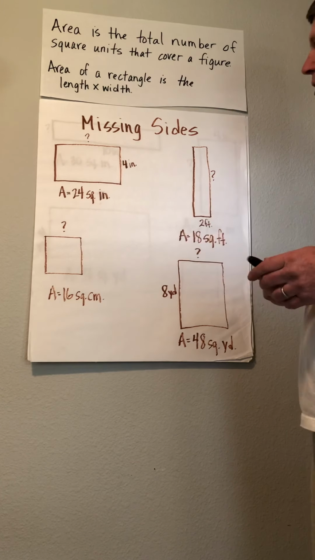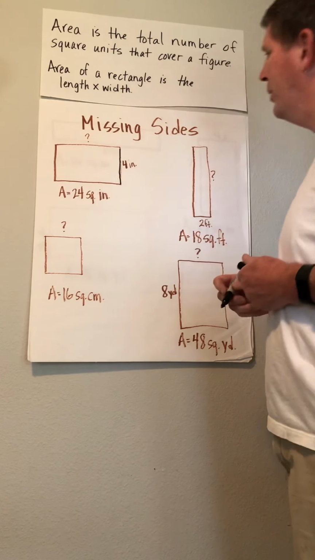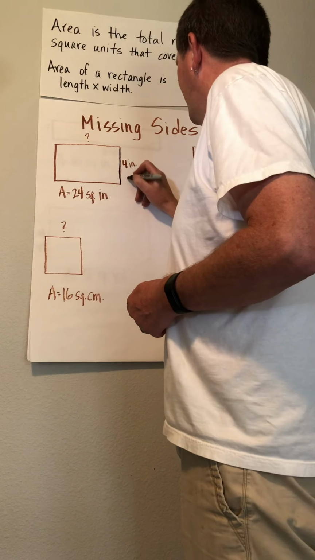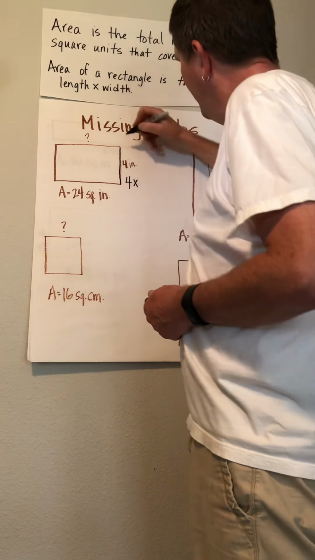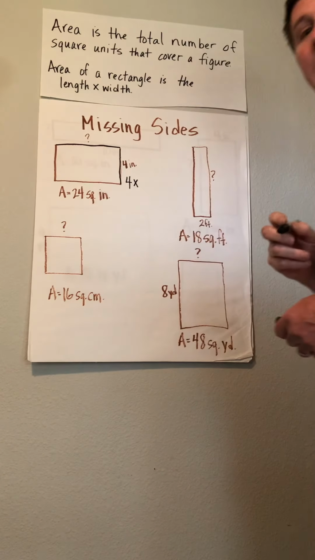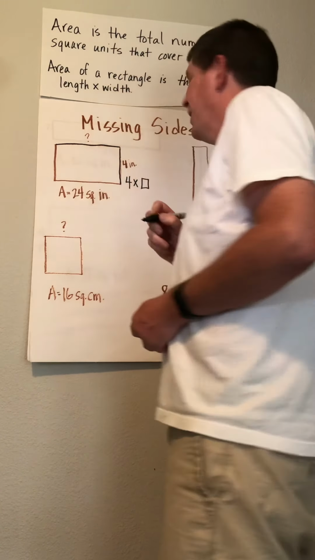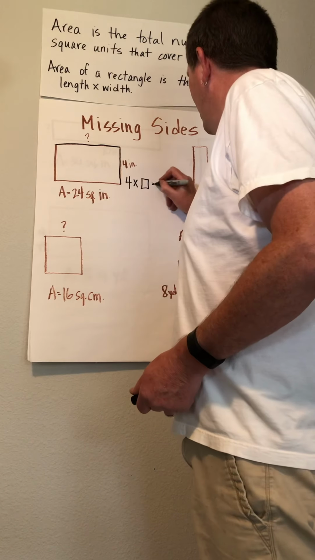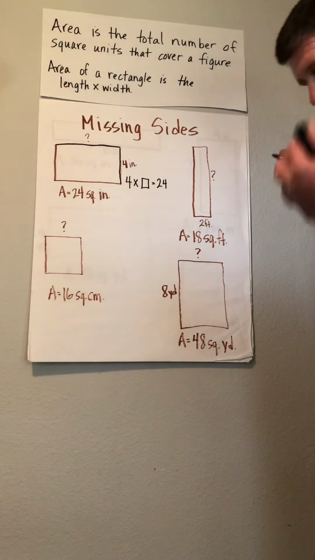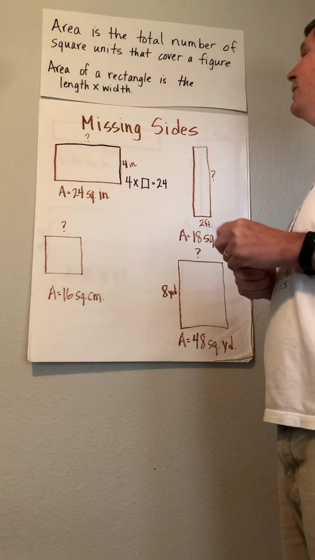So here's our first example. This side is 4 inches. So to figure out area, you multiply one side times the other side. Now, here's the problem. We don't know how long that side is. So it's 4 times something, and it's going to equal 24. I can't emphasize enough how important it is that you know your multiplication facts, and here